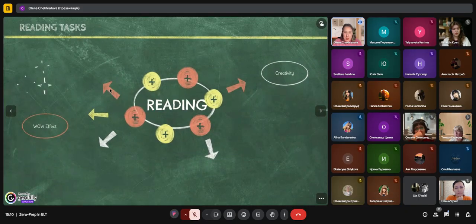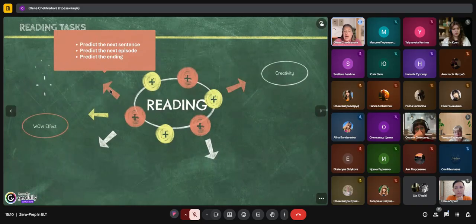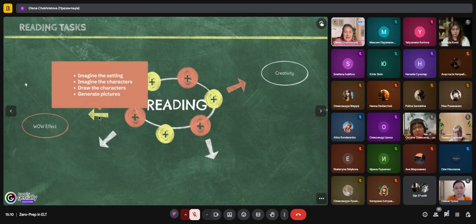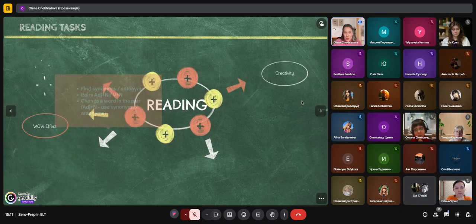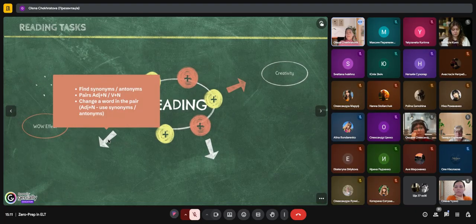The easiest option here is that we can predict something: sentences, episodes, ending, whatever. Prediction always works well here, but based on the text, because we are talking about reading activities, meaning that they have already read something, and now they need to predict the next piece. I love this. You can make your students find something, for example, some synonyms or antonyms to whatever is given in the text. And it's not that you have to prepare these synonyms or antonyms. You can ask your students to